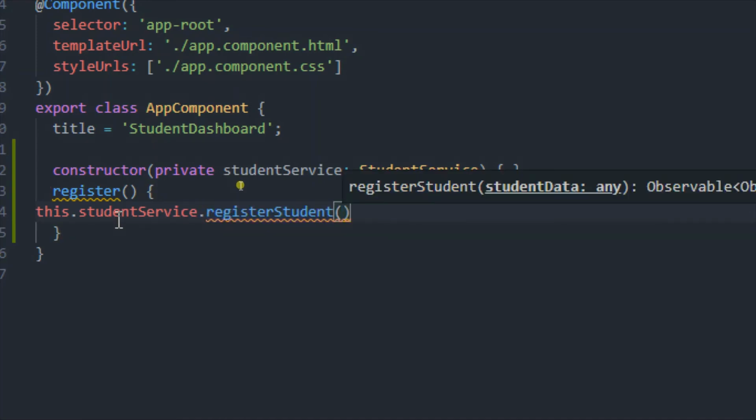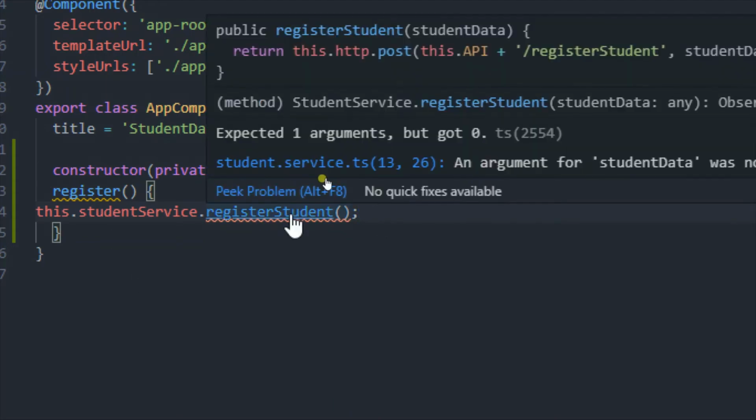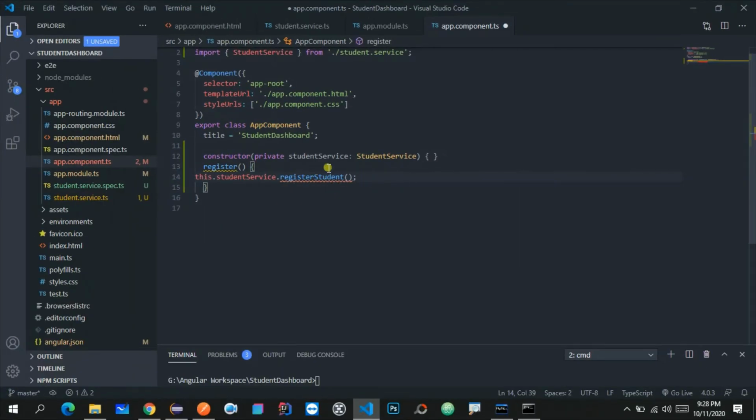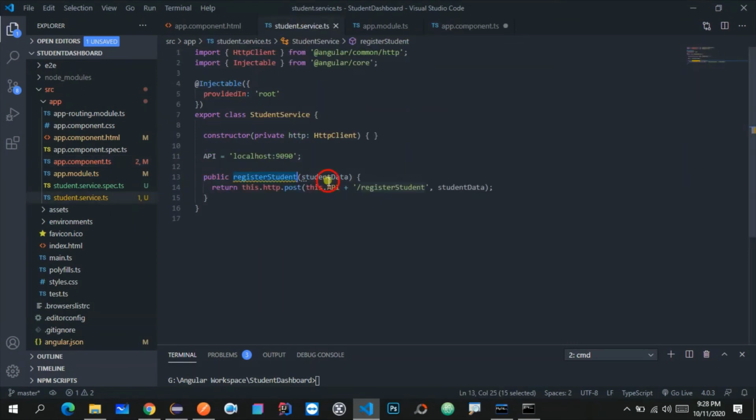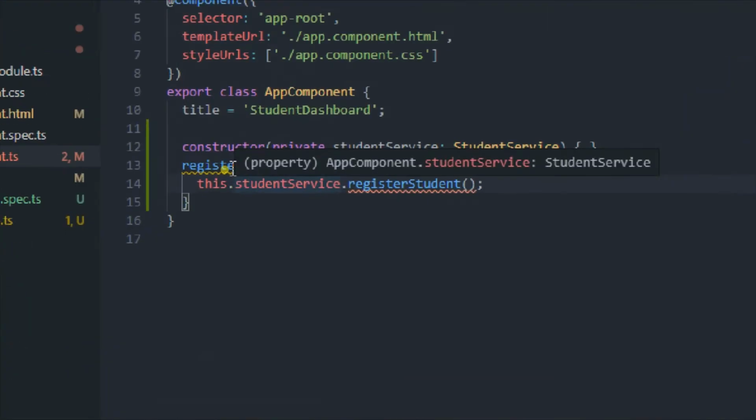Now this register student is complaining that it needs some data, because we have promised to this method that we will send this student data as a parameter. So we just need to send this student data as a parameter to this method. But how will the data come to this particular place?